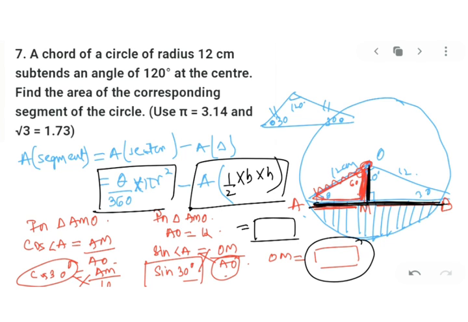The only thing is you have to find the area of triangles. Sometimes the triangle will be an equilateral triangle. That means you can use the formula root 3 upon 4 side square. Sometimes you will not get an equilateral triangle. Sometimes you will get a right angle triangle, so you can use half base into height. Sometimes you will get triangles like this, for which you have to find the base and height by using trigonometrical ratios. Is it easy?